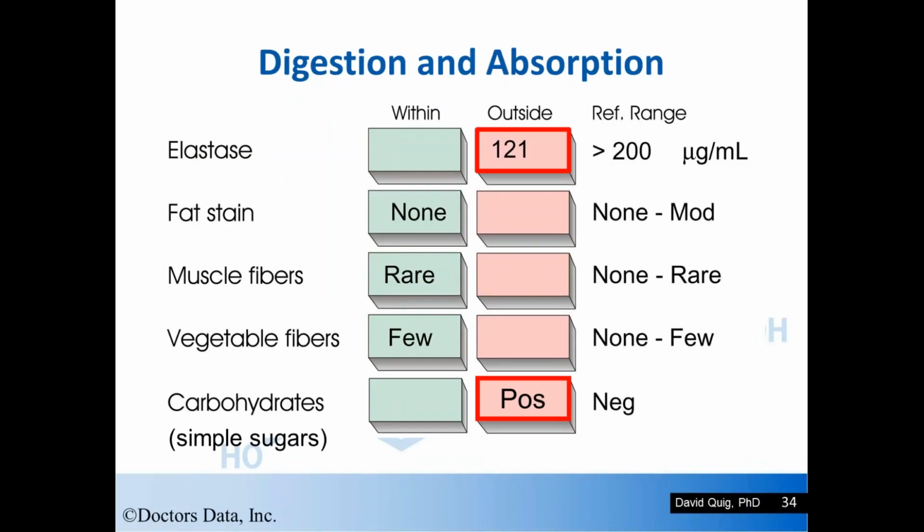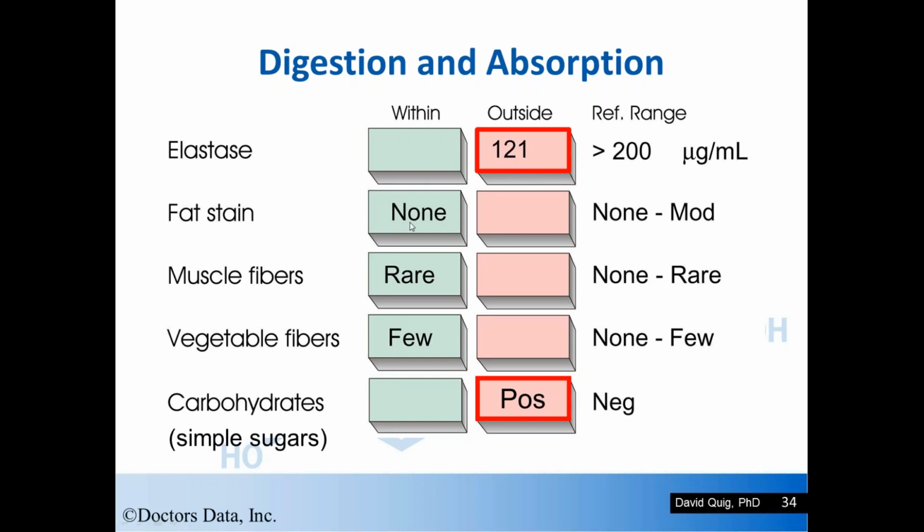So we also importantly look at markers of digestion and absorption. First is the elastase, which is an excellent indicator of pancreatic exocrine function, that is the production of digestive enzymes, and in this case that happens to be quite low. That's more common in elderly individuals. So that helps you focus on why this patient might have poor nutrition.